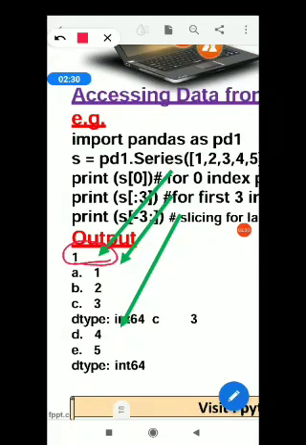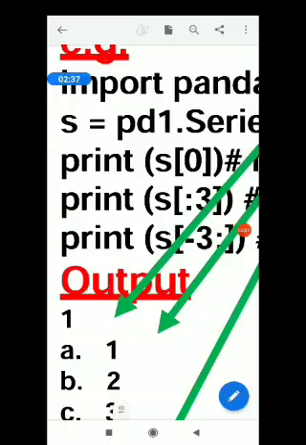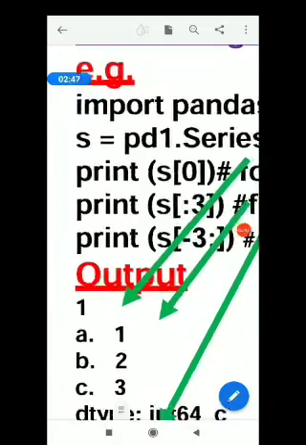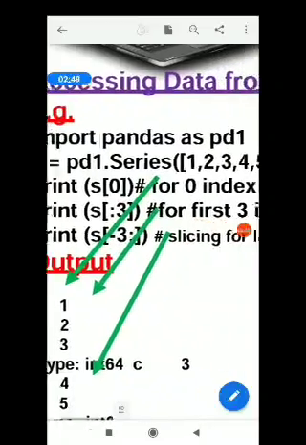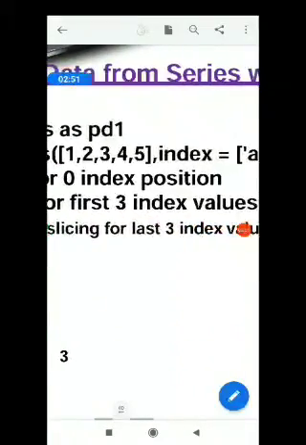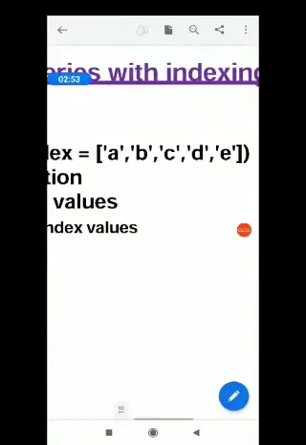Okay. Secondly, I'm going to the next slicing, that is s[:3], starting from the beginning up to 3, like I want to slice 3 values. Starting from the first location, I want to print the 3 index values.